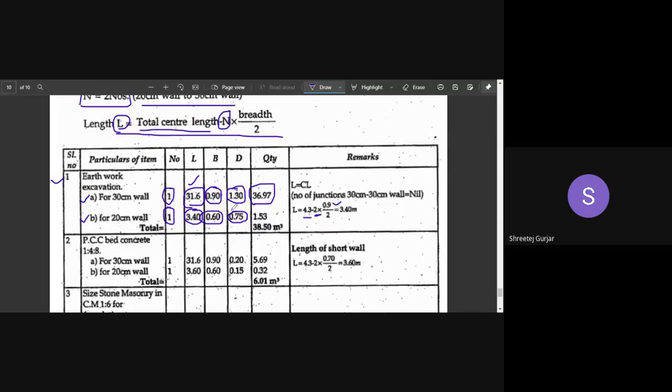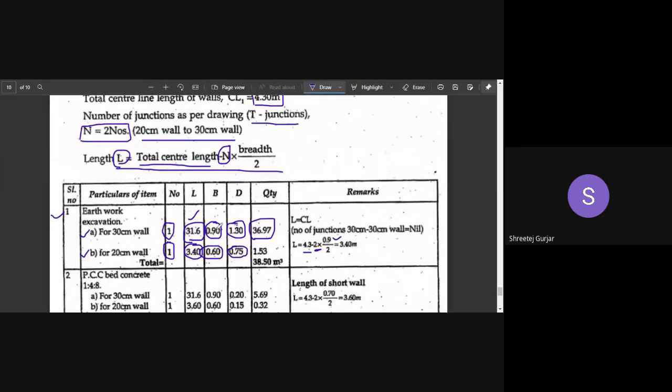The width I have told you, we have to use is that of the 30 centimeter wall, not 0.6. We have not to use 0.6, since the 30 centimeter wall width is larger at that level. We have to use 0.9 by 2, not 0.6 by 2. The same explanation, the same reason that I have given in long wall short wall. Remember this part. It is a tricky part where students usually make mistakes in calculation and lose marks.